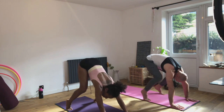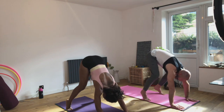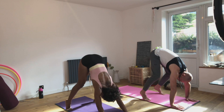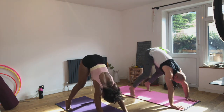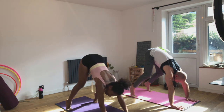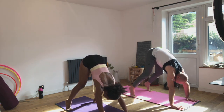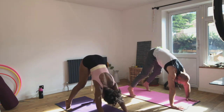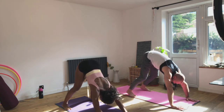Try and get as high as you can on your toes, and then start raising your butt without changing the position of your feet. So now, your hands are pushing really hard into the mat. Your toes are also pushing. Everything is engaged. Your knees are pulling towards each other. Your tailbone is going straight up to the sky. Your head, the crown, is dropped to the mat. You're looking between your feet,